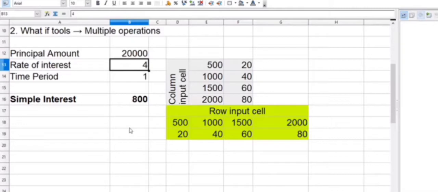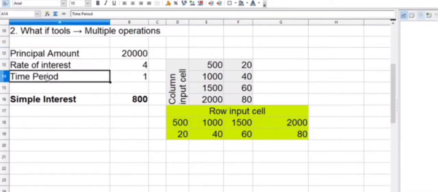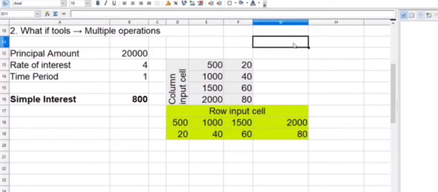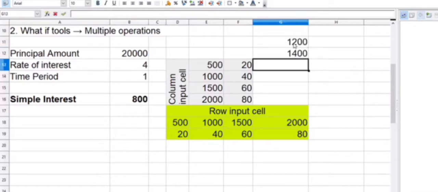If you want multiple operations, we take the same example here: principal amount, rate of interest, time period, simple interest, same formula. Okay, so if you want to do analysis on multiple rows and columns, we write some values here: 1200, 1400, 1600.